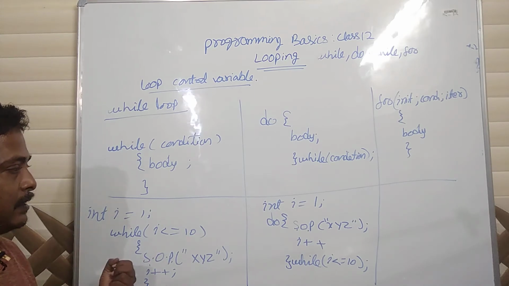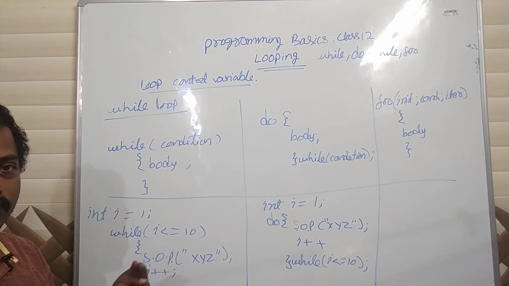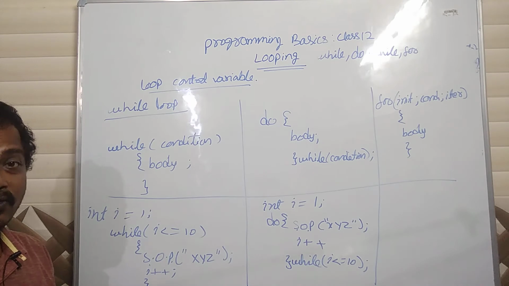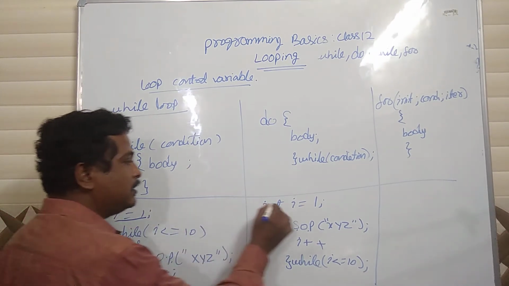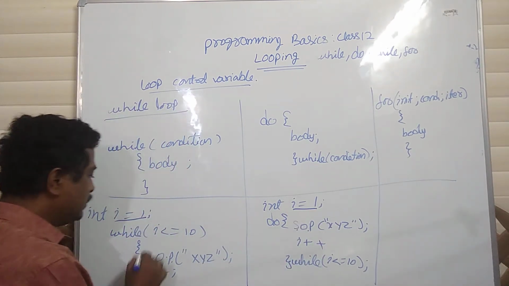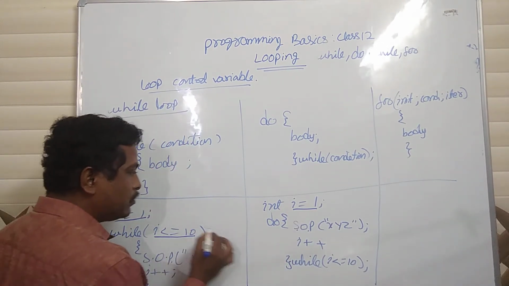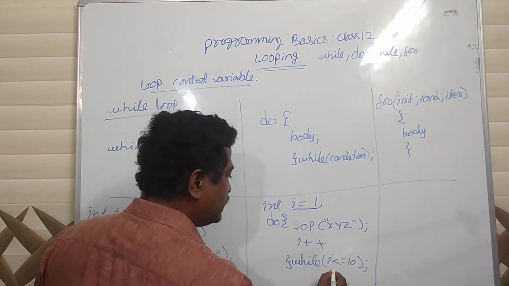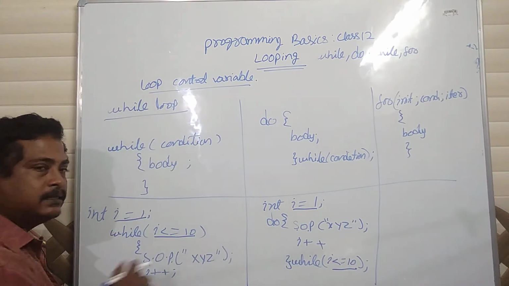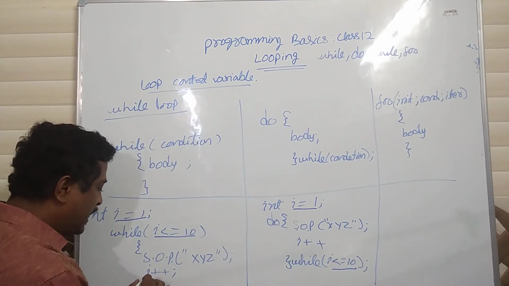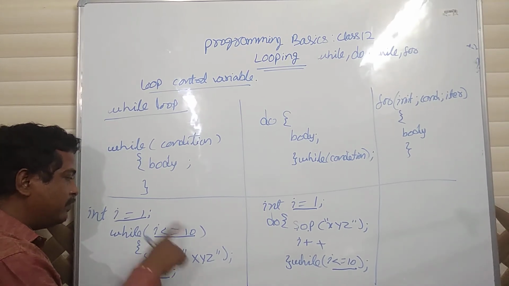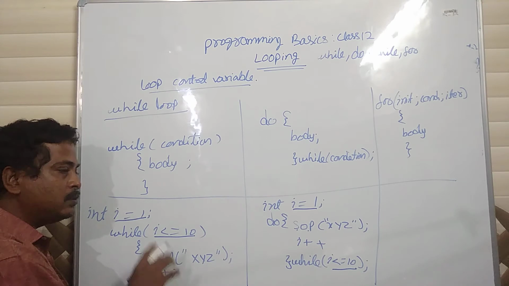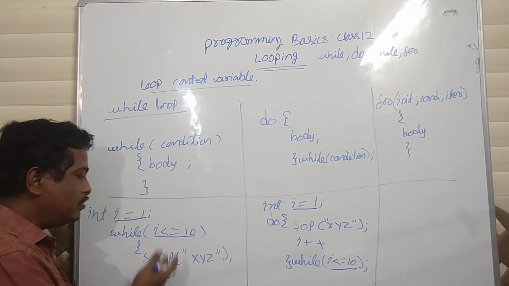But see, there are three things which are common in these two loops. What are they? The first is I equal to 1. Here it is there. Here also it is there. Second, condition I less than equal to 10. I less than equal to 10. In both the cases is there. Third, I has to be incremented, because if it is not incremented, each time it will be 1 only. The condition will be always true. So it will be infinite loop.